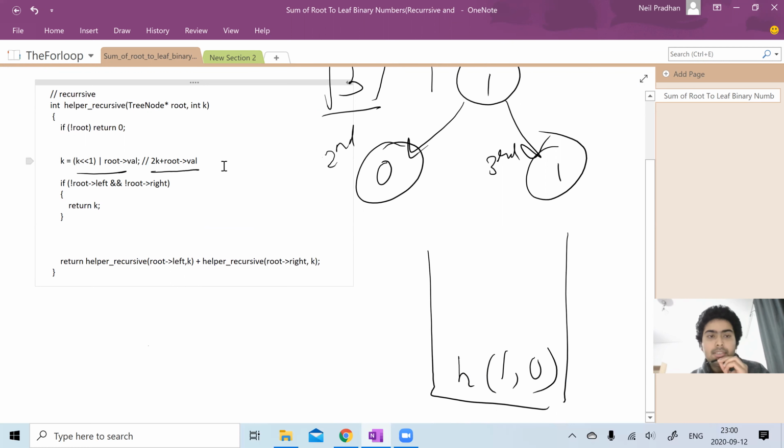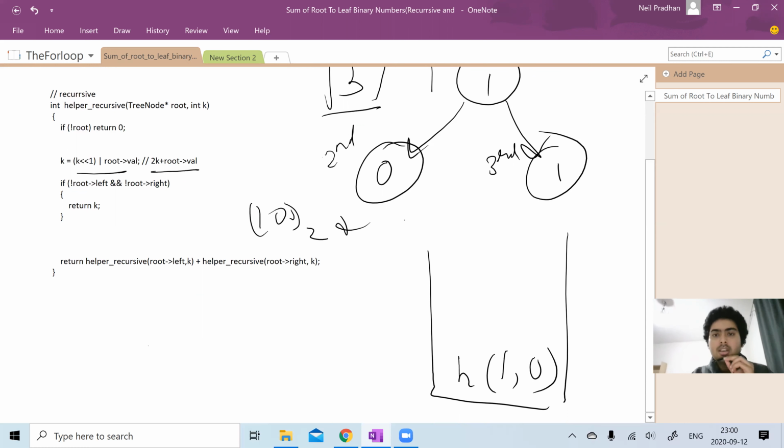So we find, let's say, 2 times k, which is 2 times 0, plus root dot val. Root dot val is whatever value the root has, 1. Now you must be wondering why we are multiplying by 2. As we are trying to find 10 in base 2 plus 11 in base 2, when we go down, we are essentially multiplying by 2.